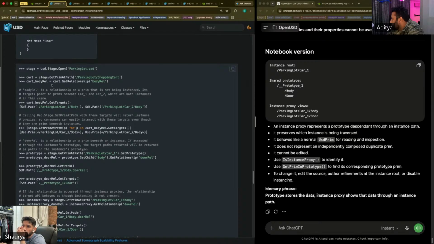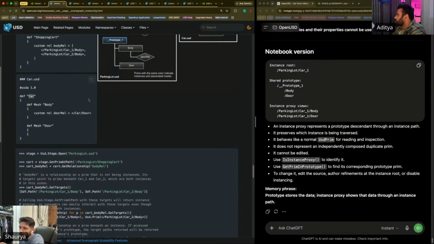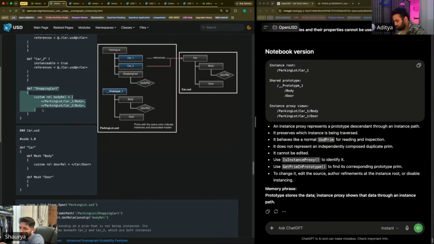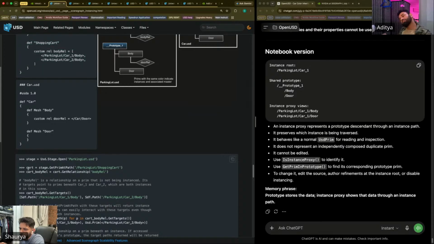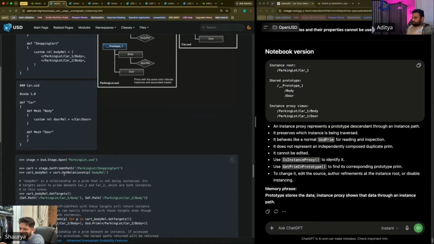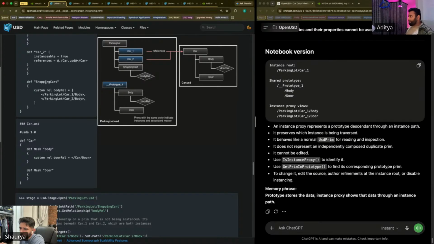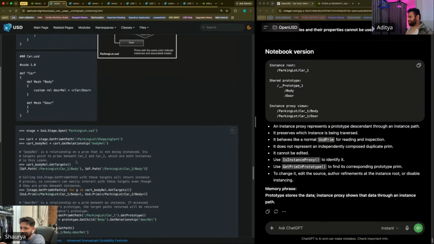Stage is equal to Usd.Stage.Open. Okay, cart is equal to stage.GetPrimAtPath parking lot shopping cart. Okay, so this is stored inside cart. And then cart body rel is cart.GetRelationship body rel, so it will return car1 and car2. Body rel is a relationship on the prim that is not being instanced. Its targets point to prims beneath car1 and car2, which are both